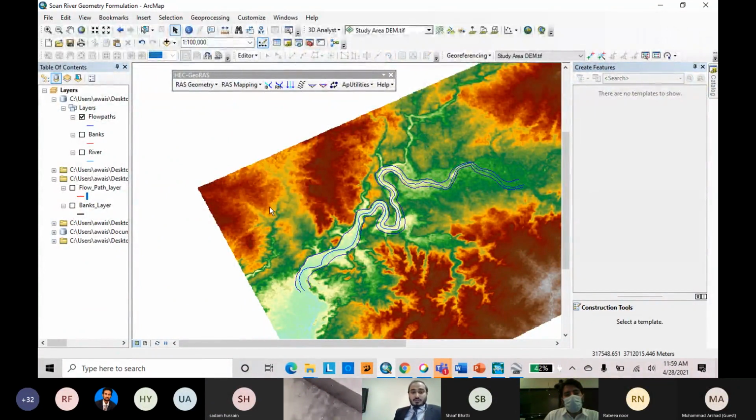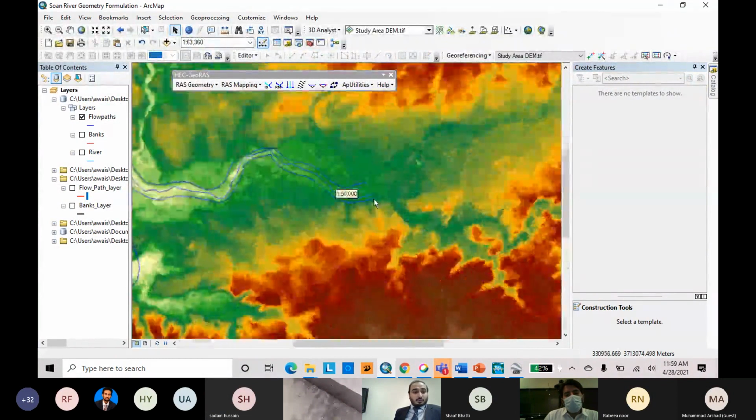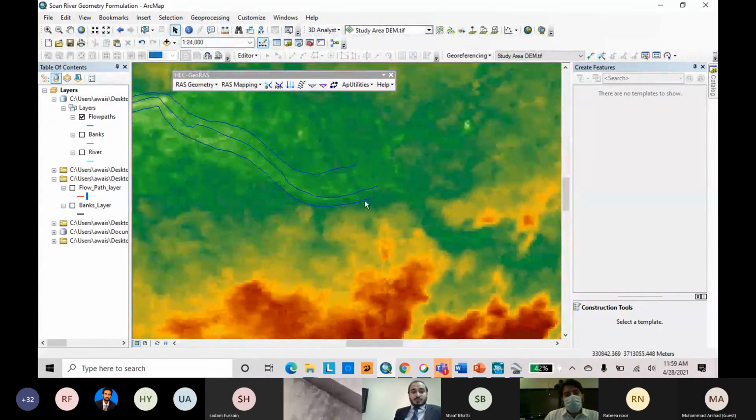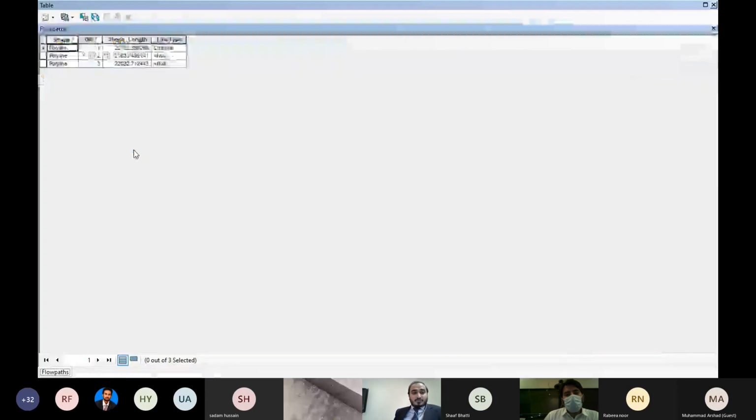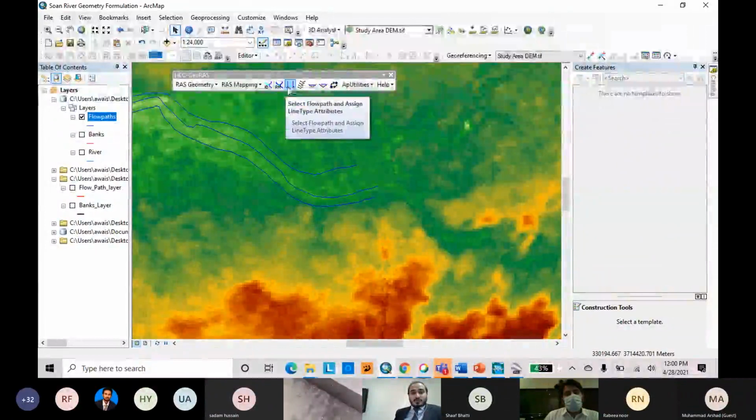Here are the three layer features of the flow path: center stream line and banks. Now we have to specify an ID or name to these lines. What does it mean? Because the system is still not able to read which is which. The channel is automatically copied from the river, but the two other polylines do not have any assigned line type. So we will first assign their IDs.